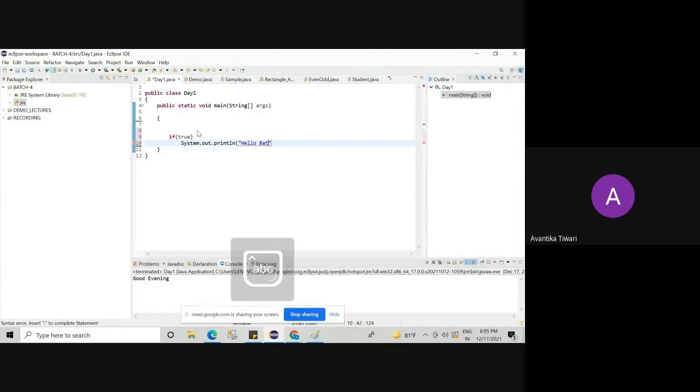Hello batch M04. Okay, hello batch M04. Will it execute or not?